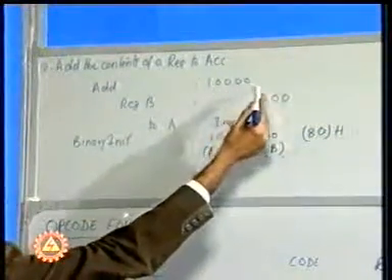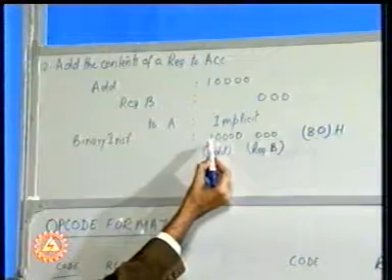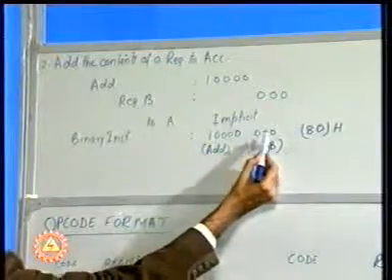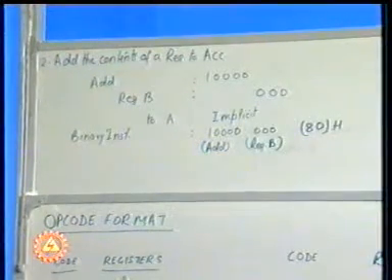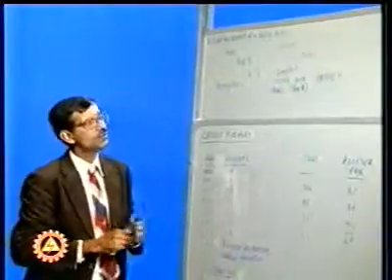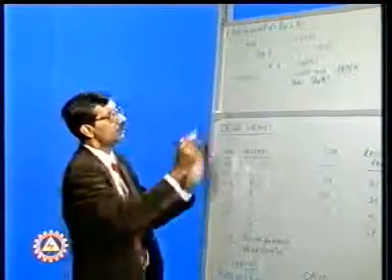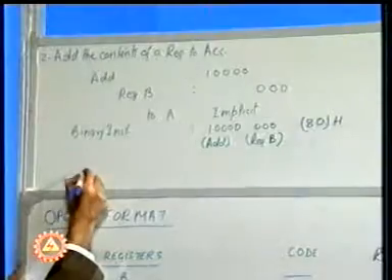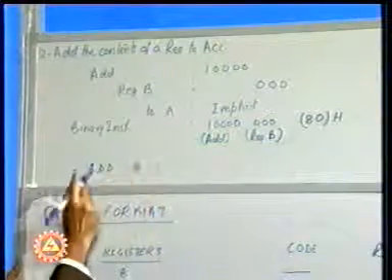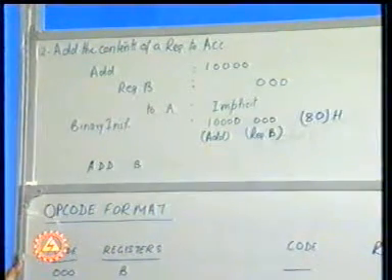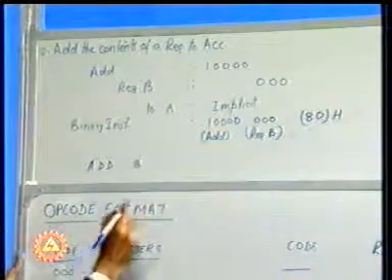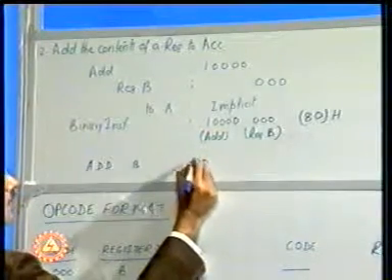If we jot down these codes which we have written here, then the binary instruction which we get is 10000, which is the code for add, and 000, which is the code for register B. The hexadecimal equivalent of the same is 80H. In case we want to write down the same thing, we can put it in this fashion, that is add B, where add is the mnemonic and B is the operand, or we can say add is the opcode. The code for the same in hexadecimal form would be 80H.